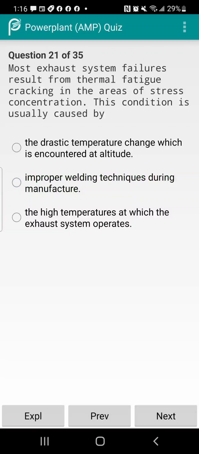More exhaust system failures result from thermal fatigue, cracking in the areas of stress concentration. This condition is usually caused by